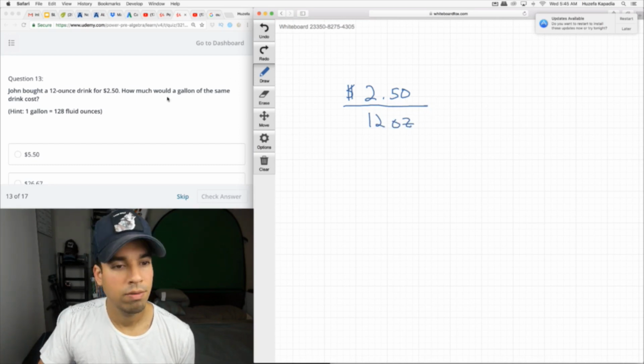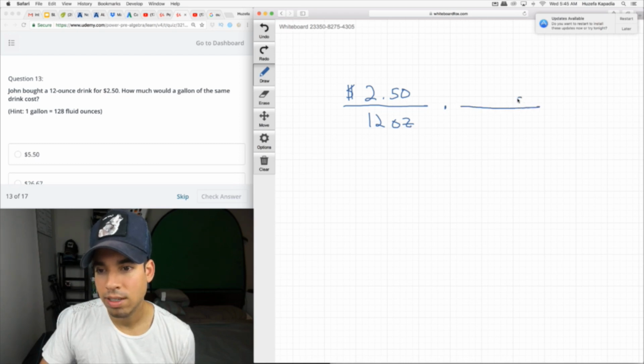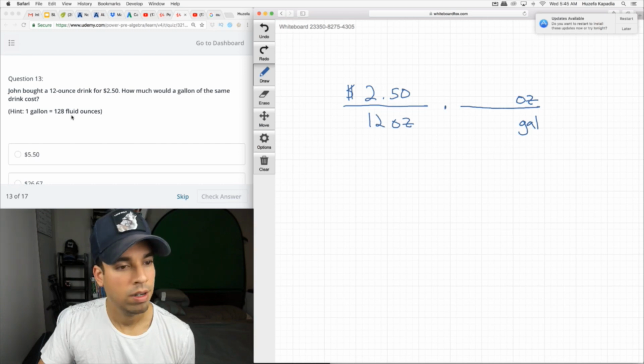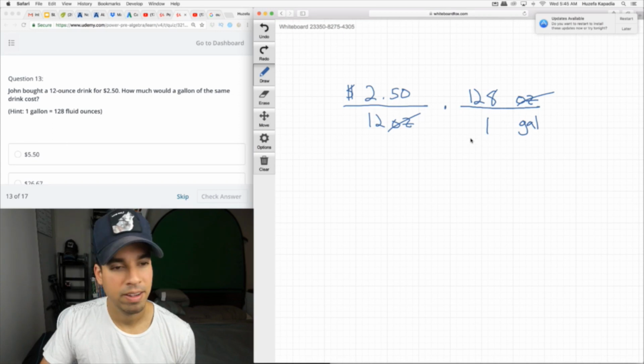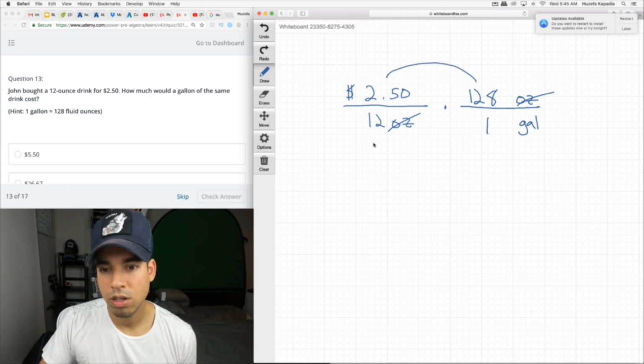And we want to convert to gallons, all right? So we want the price per gallon. So now we don't want ounces on the bottom anymore. We want gallons on the bottom. So I'm gonna put my ounces on the top. So then these guys cross off. And then we want gallons on the bottom like this. All right, and then what's the relationship? 1 gallon equals 128 fluid ounces. And now our ounces cancel out. And now we're gonna end up with dollars per gallon. So we multiply across,